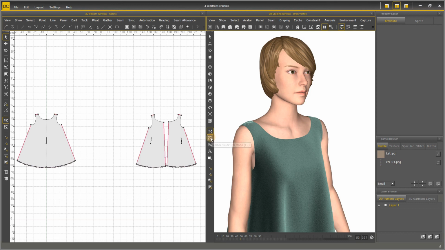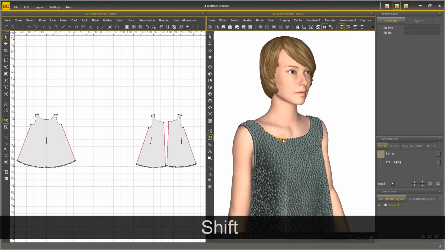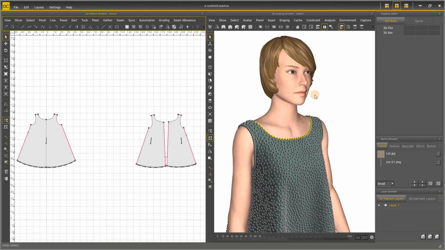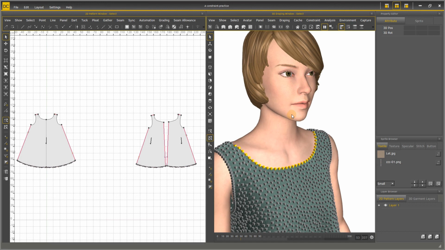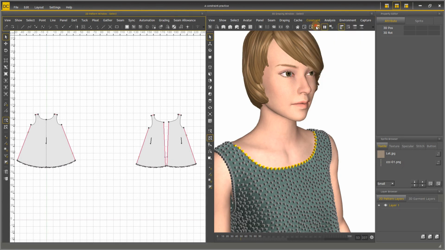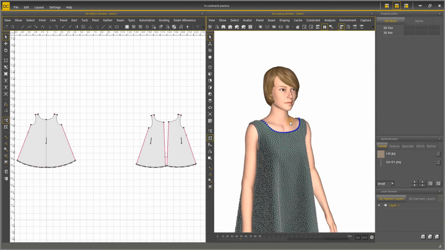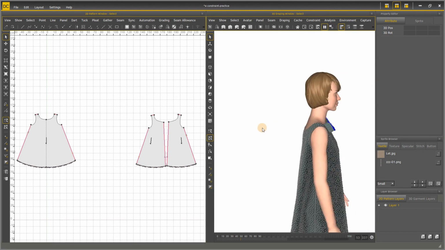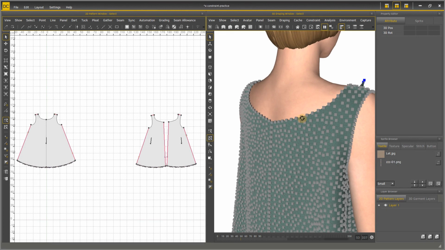First, click the vertex selection mode and select a vertex on the front neck, and press Shift to select more at one time. Left-click to select line vertices, and you can see the vertices in the front neckline are all selected. Then we can go to Constraint in the menu and select Create Attach Constraint. The selected line vertices will become blue, and the front neckline will be attached to the avatar in the current position, no matter whether it is in static play or dynamic play.